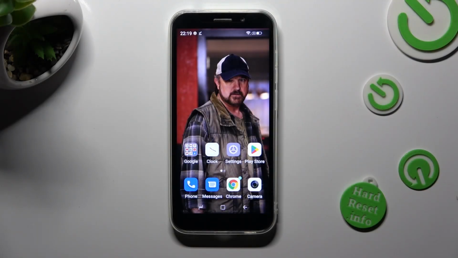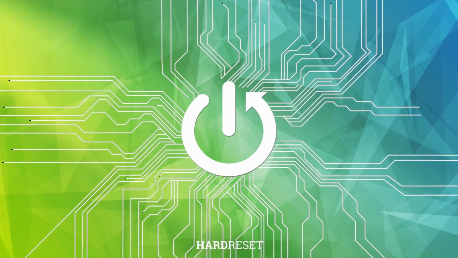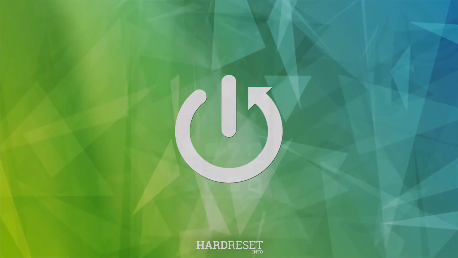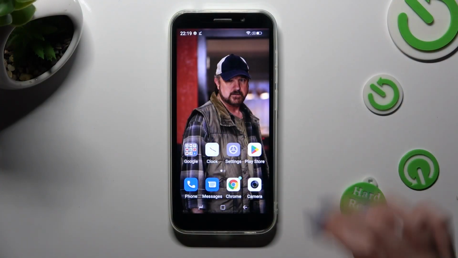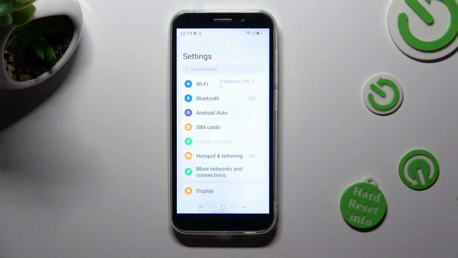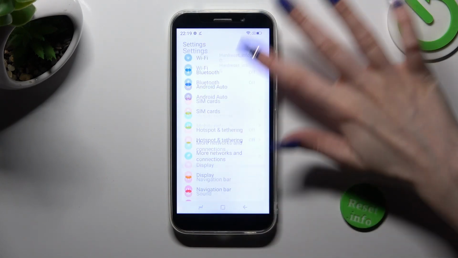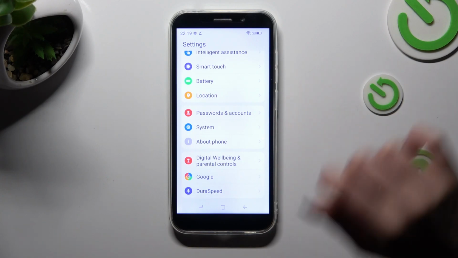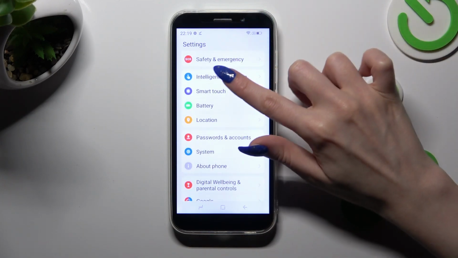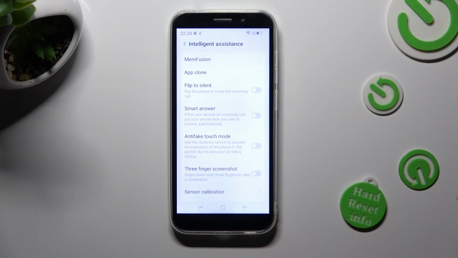In front of me is DOOGEE X97 Pro, and today I would like to show you how you can use App Cloner on this DOOGEE device. First of all, go into Settings. Now you need to scroll all the way down to access Intelligent Assistance. Now choose App Clone at the top